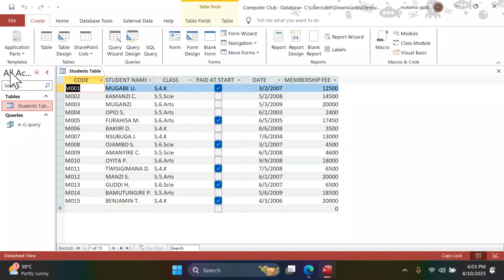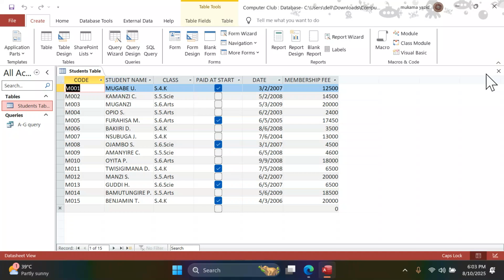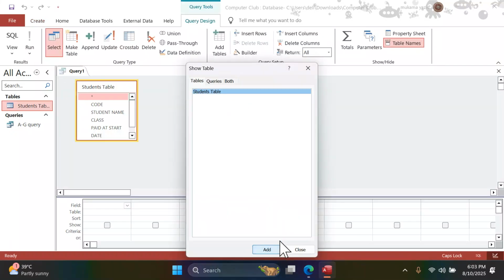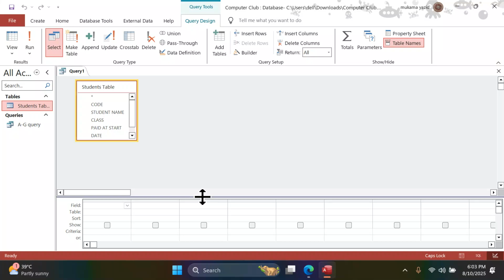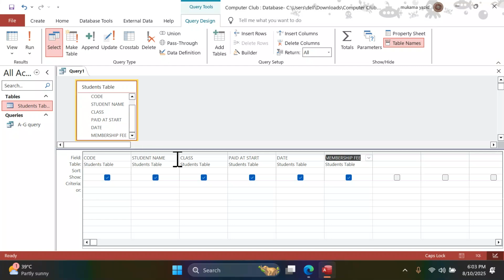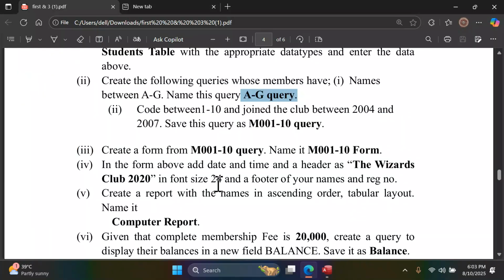So let us go to our Access and see. Let us go to the criteria query, and we create the query. First, let me close this, even this table. Then we go to Create, Query Design, then add that table, then close this, then make sure you can see everything there, then we select all the fields, then we make sure you can see each and everything clear. So under criteria code, they said they want to see someone who is